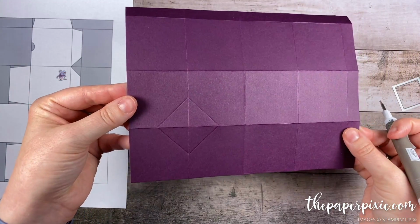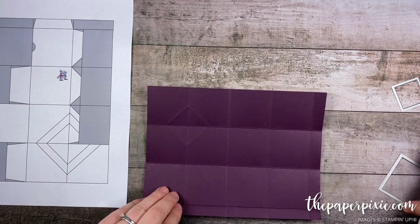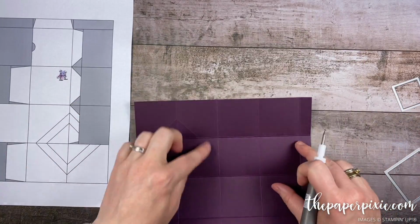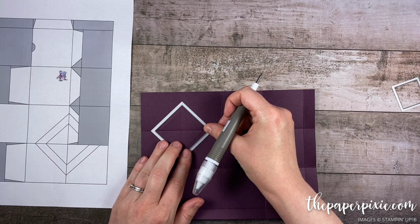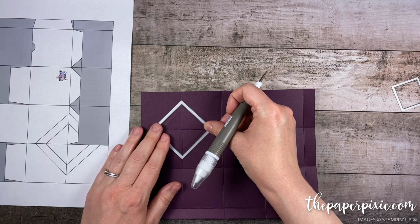Now I have found with making a number of these that it's easier if I then do the next set of score lines from the back side. Again, we're going to go around the same 4 squares. I'm going to grab the larger of the 2 squares we've chosen, and same thing, line all those corners up on the score lines,